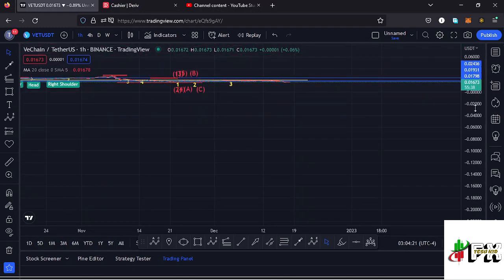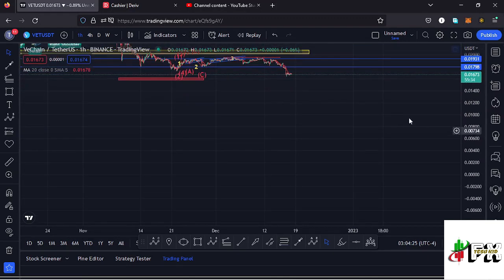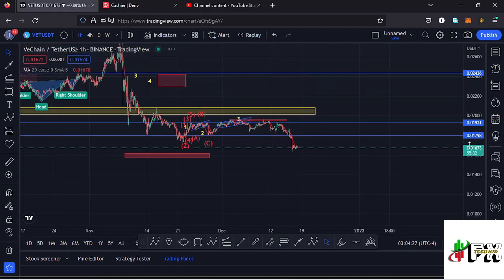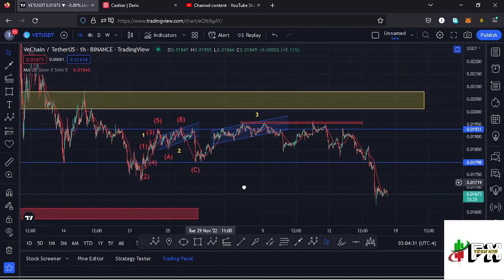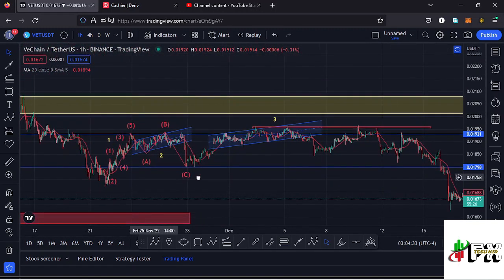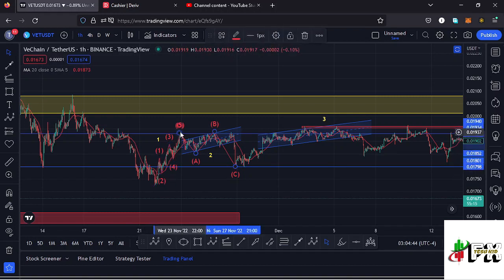Jumping to the 1 hour chart for further analysis and to also give you the short-term scenarios that I'm expecting to play out here on the 1 hour chart, you can see that Vechain, after initially making its low at around the $0.017 mark, we had been seeing a bit of a bounce to the upside in a movement that had been obeying the Elliott wave structures, where you can see I have this fractal wave here in red, having the wave 5 completing the formation of a higher Elliott wave count 1 to the upside.